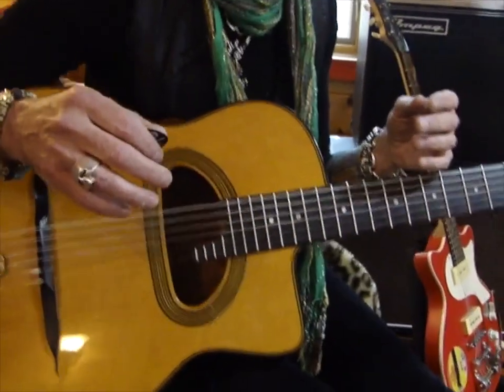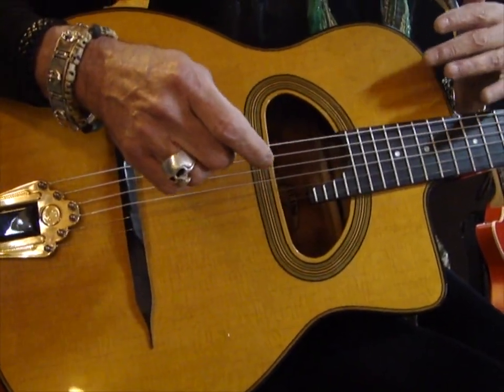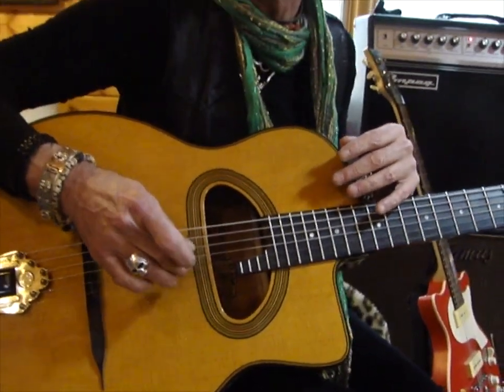So I actually got the guitar because of the way I've got it set up. I've got on Savarez Gypsy Jazz strings on it, which give you a good clangy sound, and it's good for if you want a really good ratty blues sound, which is not what it's meant for, but